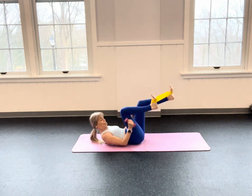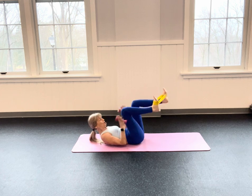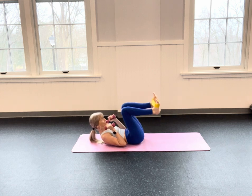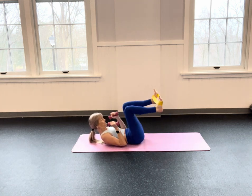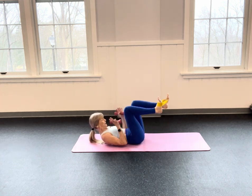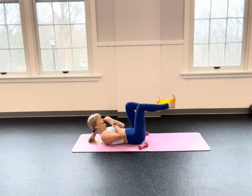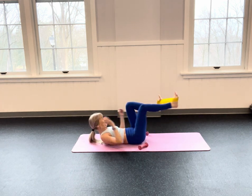You never have to have your head lifted, but I want your back heavy, and I want you driving that leg out while the other leg is holding the fort. Bang. Come on. 7, 6, 5, 4. We're not going to be done yet. 3, just because I say 1,